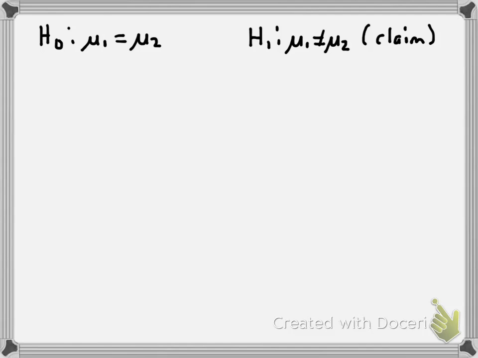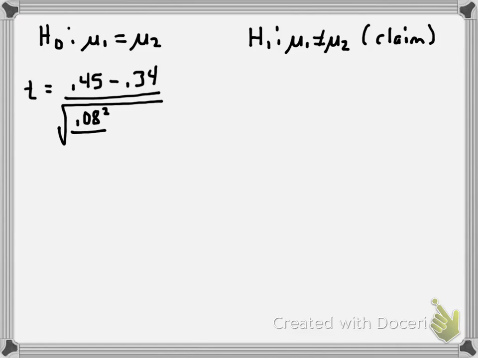Next, let's find the test statistic. So t is equal to the first sample mean, which is 0.45, minus the second sample mean, which is 0.34, divided by the square root of the first sample standard deviation, which is 0.08, and we need to square that, over the first sample size of 10, plus the second standard deviation, which is 0.08, and we square that over the second sample size, which is 10. So work that out and round to 3 decimal places, and you should have